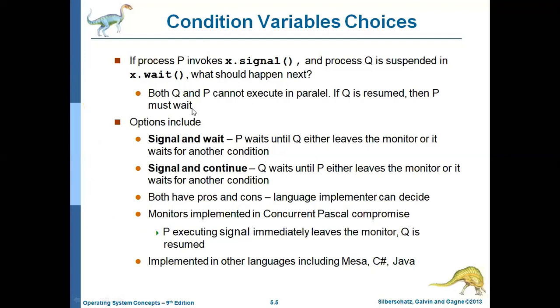Why? Because Q is suspended in wait, so if Q is resumed, until it resumes, P must wait. If Q is resumed, then P must wait. So here, process P invokes the S dot signal operation and process Q is suspended in X